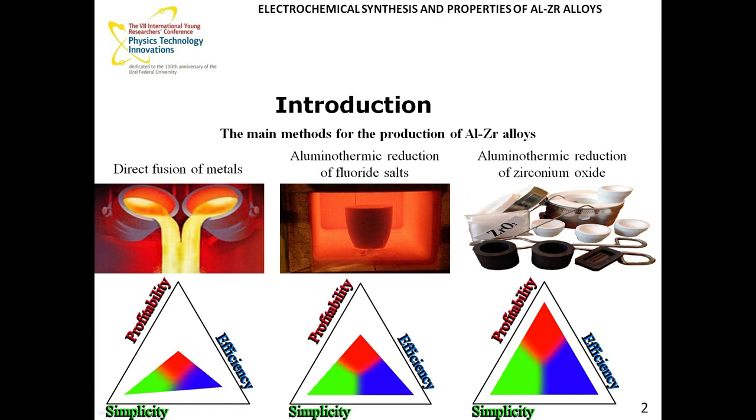The second method for the synthesis of aluminum-zirconium alloys is based on aluminothermic reduction of sodium or potassium fluorozirconates in a salt flux layer. This method has a high intensity of the process and a high degree of extraction of zirconium into the alloy. However, it requires a large consumption of expensive salts, which increases the cost of the resulting